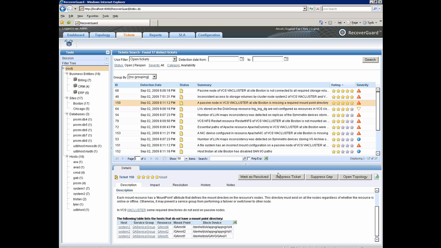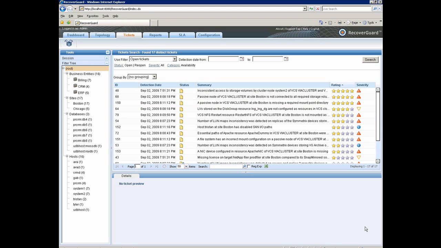And so this will probably remain hidden until there is a failure incident, and then your failover or switchover will not work, and then guess who is going to get a call in the middle of the night. And probably this could have been avoided by just running a scan using RecoverGuard. So to conclude our ticket introduction, or ticket model introduction,